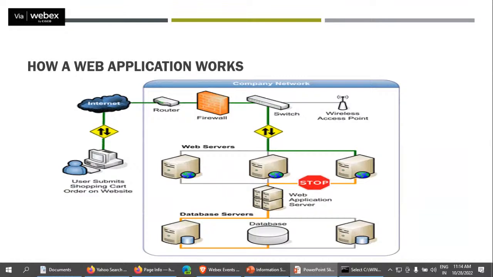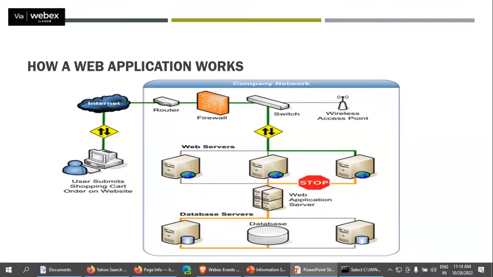How does a web application work? This is a broad structure of a network, with the devices from the client to the end of the server, showing how you get the information. A user sends a request. Suppose you are sitting in an organization and you are opening any website which works with a database or an application, a web application or mobile application.